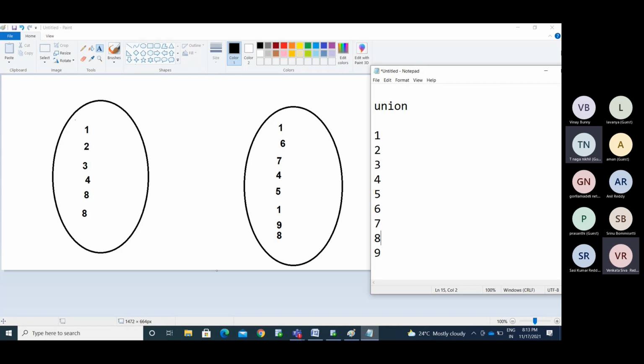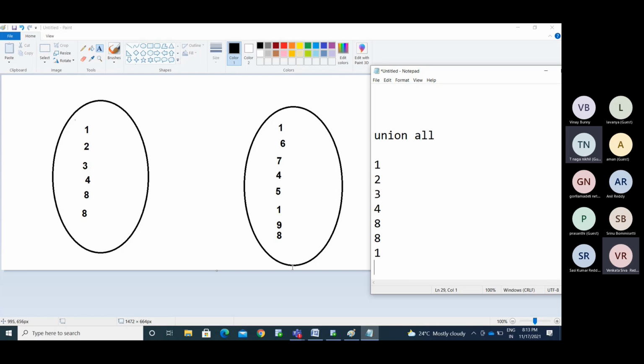If I use the union all, we have another set operator like union all. Simply it displays 1, 2, 3, 4, 8, 8 and 1. It simply appends the results, set 1 results with set 2. So 1, 2, 3, 4, 8, 8, 1, 6, 7, 4, 5, 1, 9, 8.